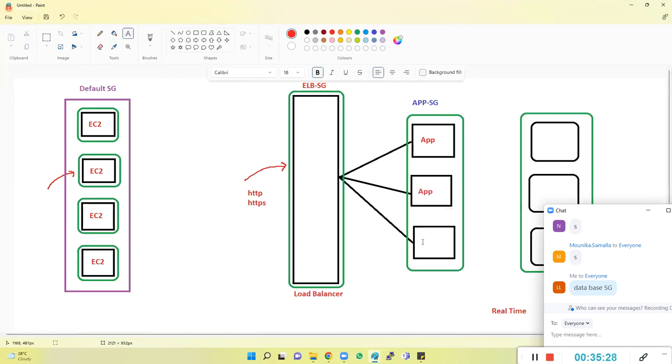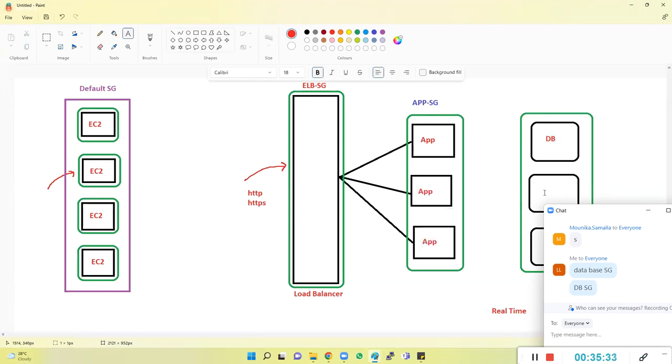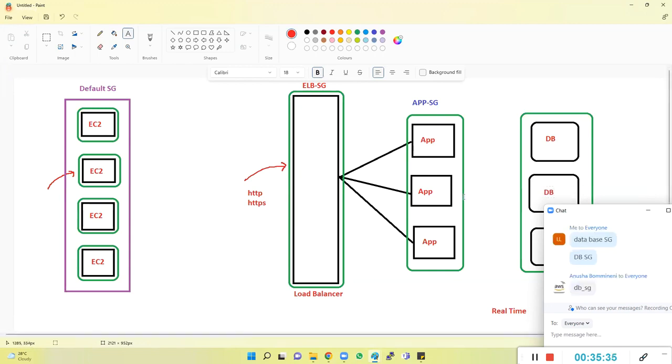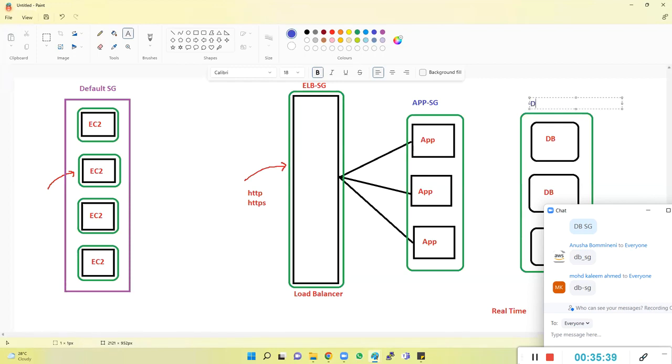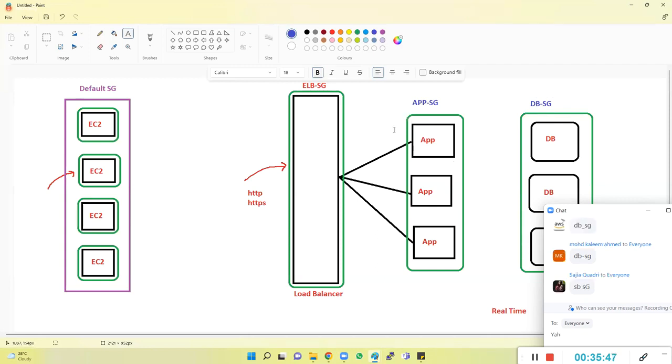So once you have learned all these things, in real time you'll be doing just like that, everything. So this one, we call it DBSG. Guys, in this app security group, I will allow